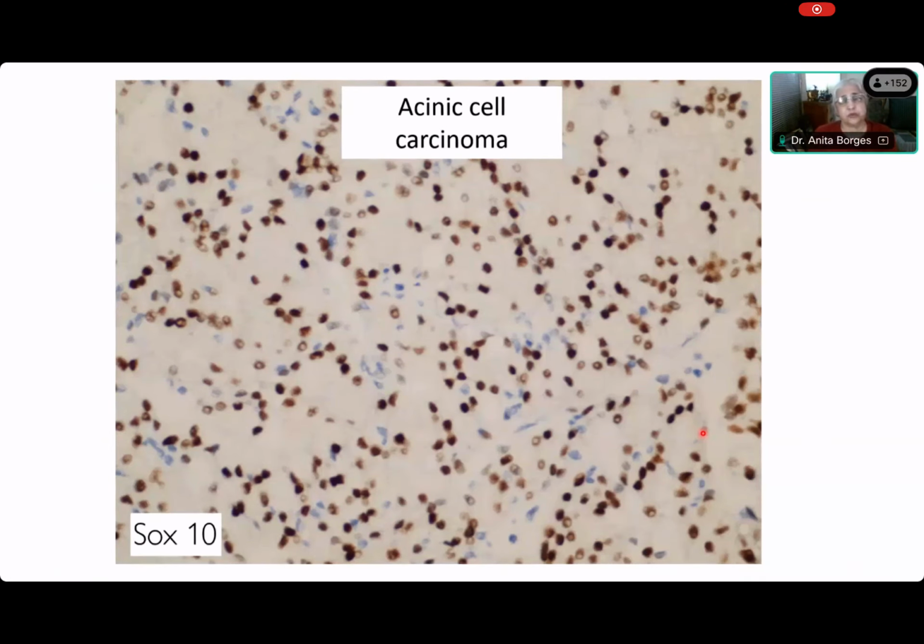Now tell me about this, Akshara. You said there are no myoepithelial cells, right? Yes, ma'am. So why is SOX10 positive? SOX10 can highlight the nuclei of acinar cells. They do highlight. So I showed you that the acinic cells all express SOX10. That is one of the expressions that we have to know about. So it is not myoepithelial cells in this tumor that are expressing SOX10, and you cannot be fooled by this into saying, oh, SOX10 is positive, therefore it contains myoepithelial cells. No, this is a constitutive expression of SOX10 in all acini, normal acini as well, and therefore this is not myoepithelial. This is an acinic cell tumor.